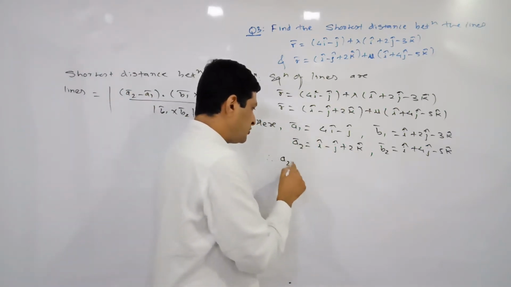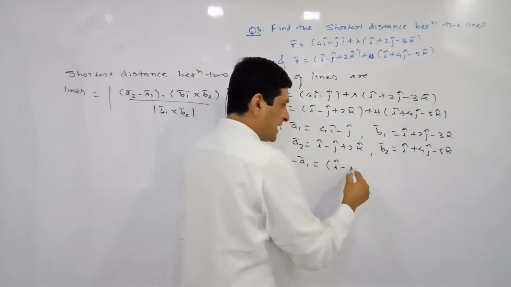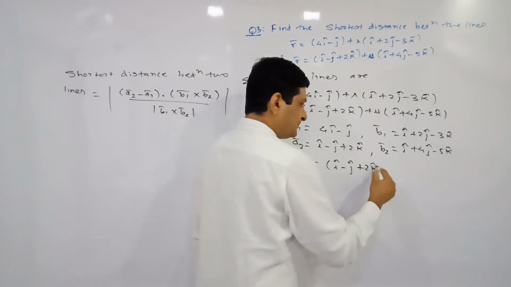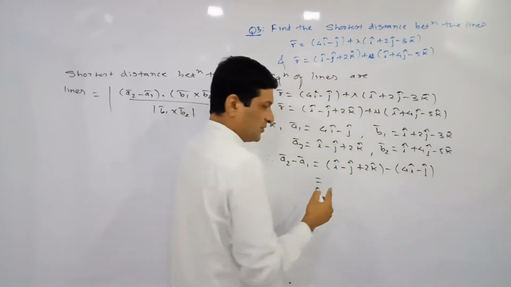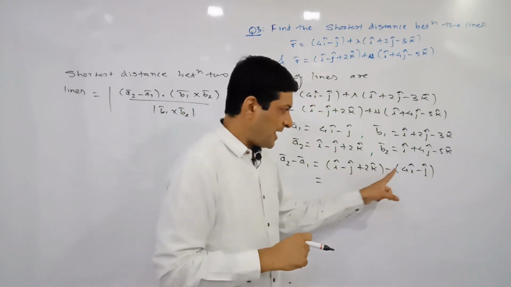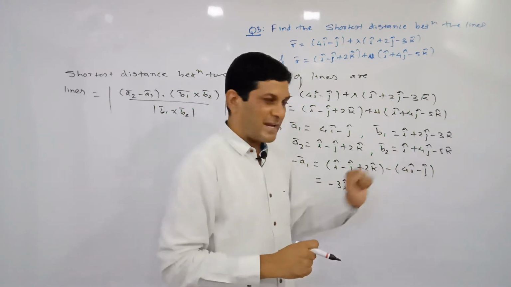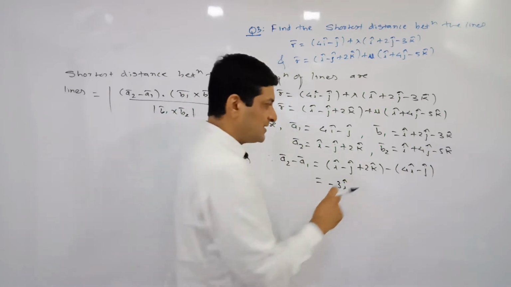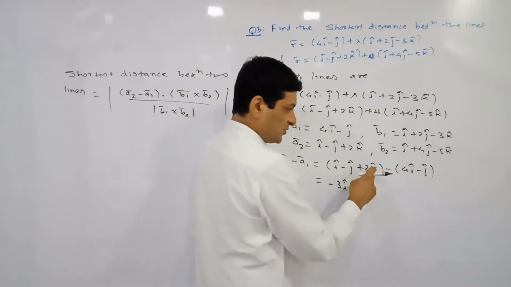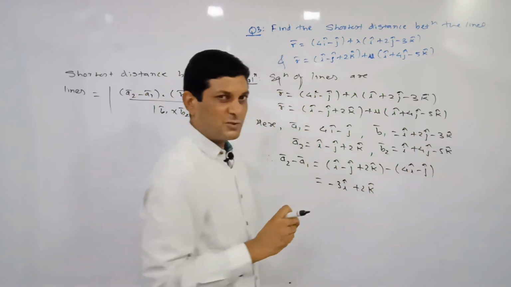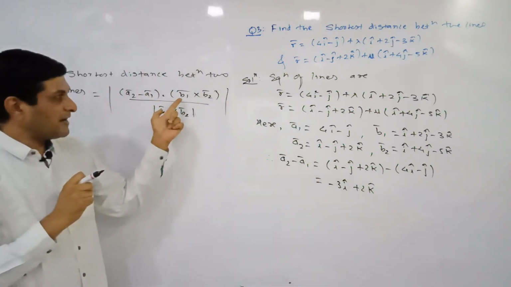So therefore A2 bar minus A1 bar is equals to, what is the value of A2 bar here? I cap minus j cap plus 2k cap minus 4i minus j cap. So which is equal to, first collect the terms of I cap. I cap minus 4i cap is minus 3i cap. Then minus j and minus means plus j. Minus j plus j will get cancelled and lastly we will get 2k cap. So because here term of k cap is absent, so 2k cap minus 0k cap will be equals to 2k cap.